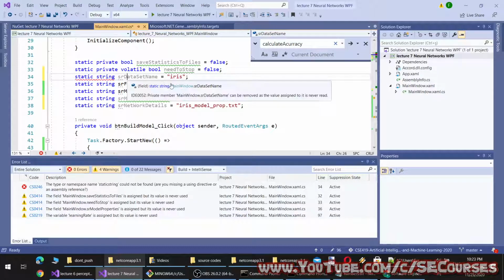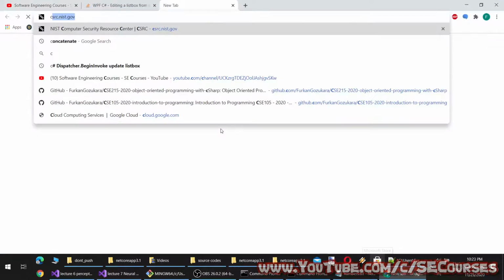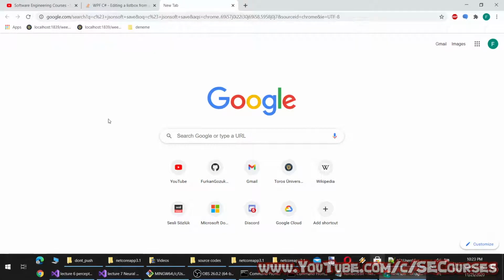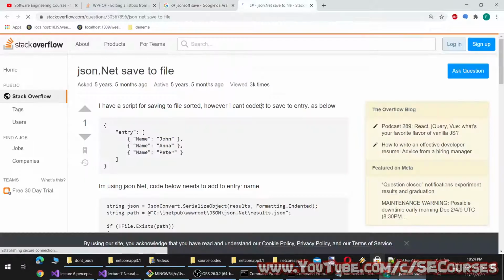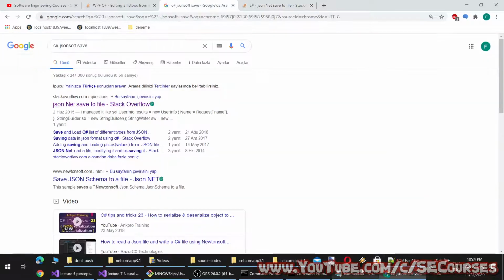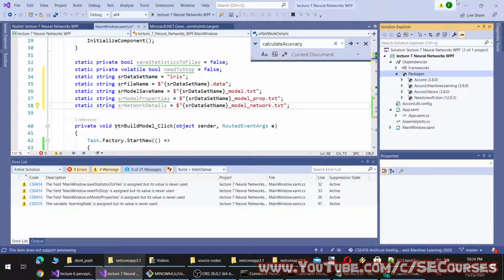So you see I am converting everything to a dynamic approach. Newtonsoft JSON.